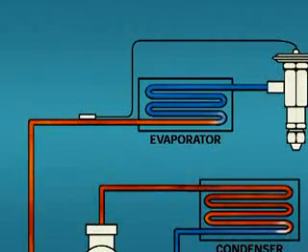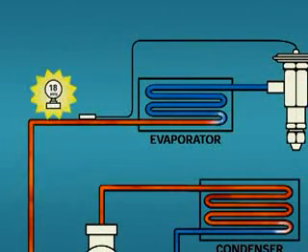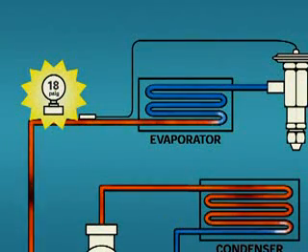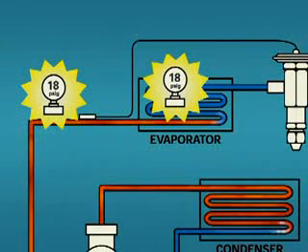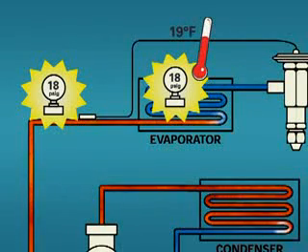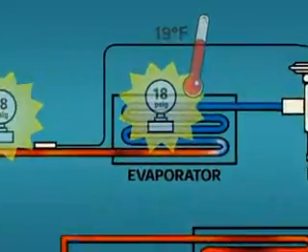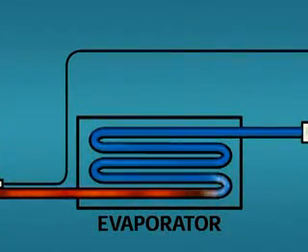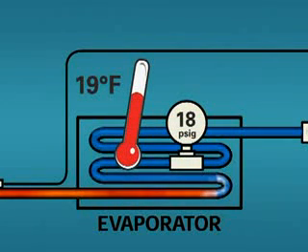The measured pressure at the evaporator coil outlet is 18 psig. Assuming there is minimal pressure drop in the evaporator coil, we will have an 18 psig pressure in the coil. 18 psig on the PT card indicates a temperature of 19 degrees Fahrenheit. Because liquid and vapor must be present in the evaporator coil, we must have 19 degree Fahrenheit refrigerant in the coil. If we were able to place a thermocouple on the coil surface where the refrigerant was evaporating, it should